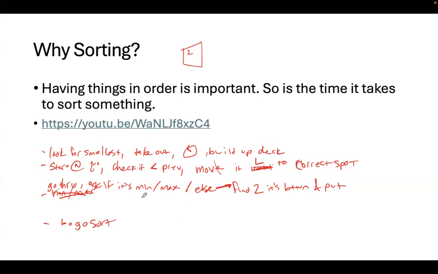I forgot about it this semester. I have an assignment called Worse Than Bogo Sort, which is to write me a sorting method that's worse than bogo sort. It takes even longer. Yes. And that's a fun one. I might have that for the last week of class. If you want extra credit, write me a method that's worse than bogo sort. Okay. So thank you for indulging me.